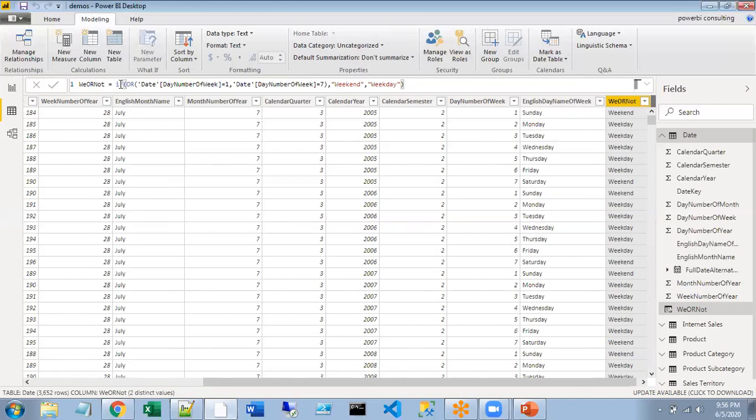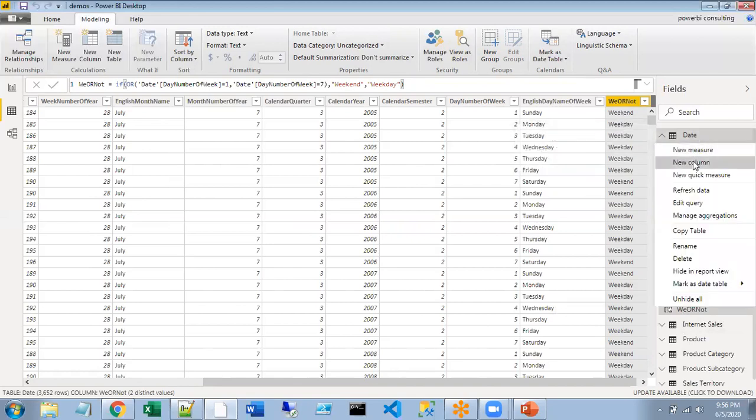This is the new column. If you look at this column, it is going to be evaluated row by row. For each row, this expression will get evaluated and the result will be returned. I'll provide some description as part of another column so that you can understand it easily.